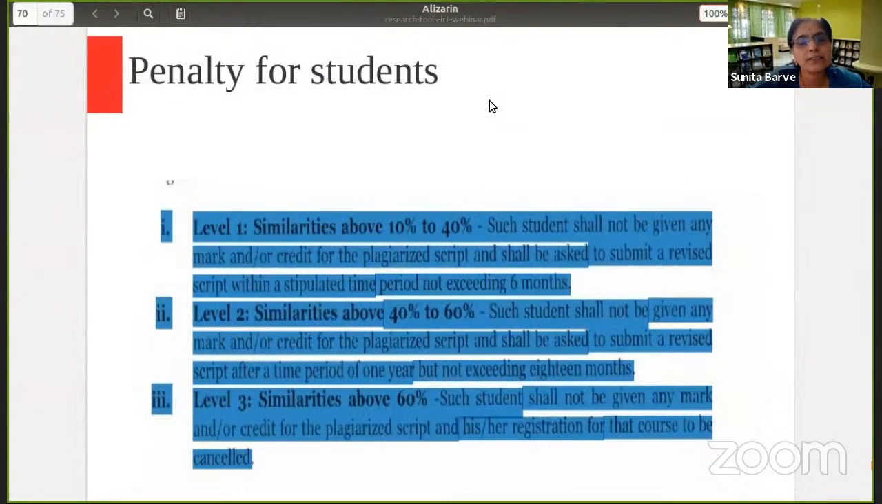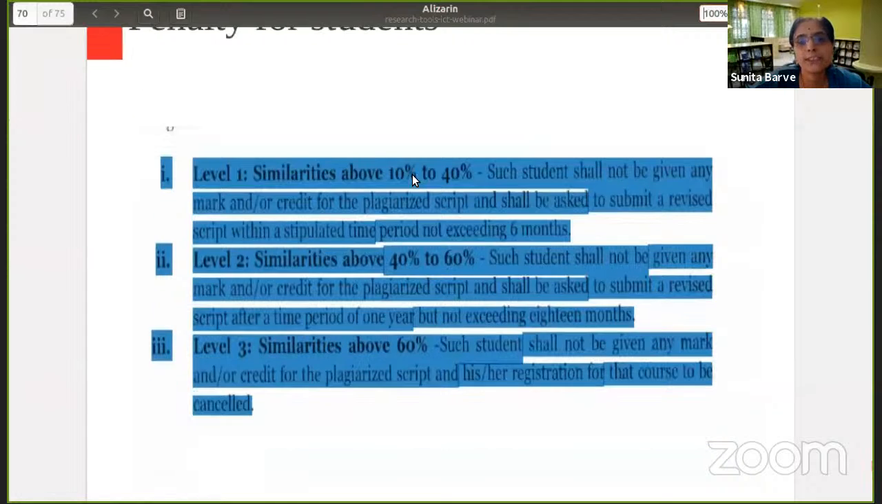So I just thought of mentioning the penalty for the students. UGC has these guidelines: if similarity is about 10% to 40%, what happens to the students, 40 to 60%, and above 60%. Students shall not be given any marks and credit for the plagiarized script, and their registration for that course will be cancelled. So students or the researchers will have to make sure that